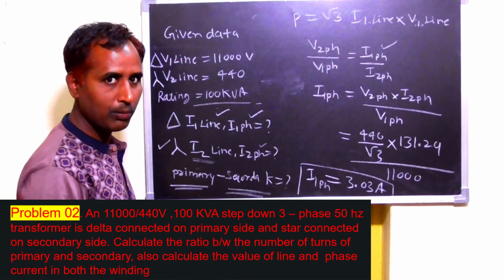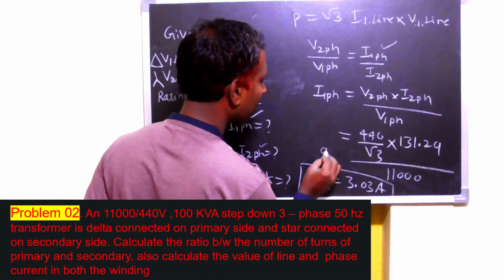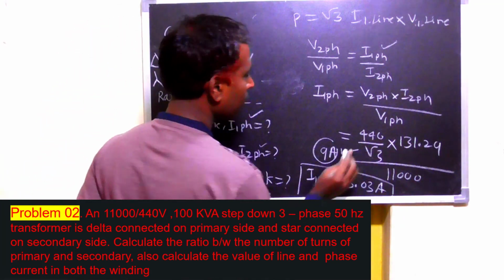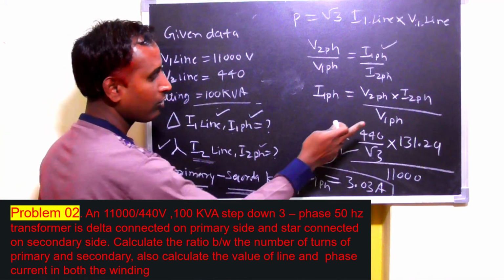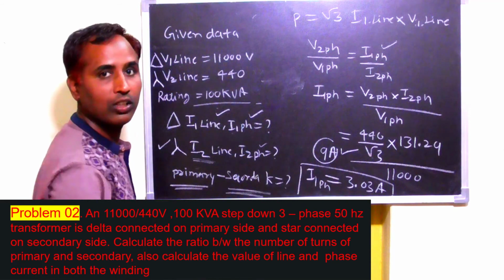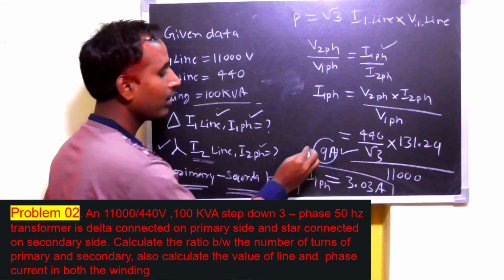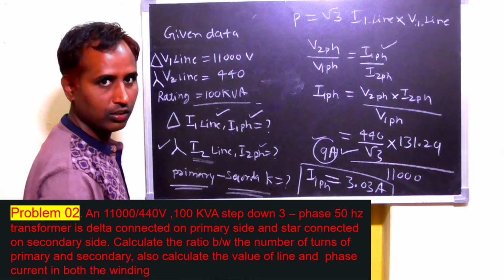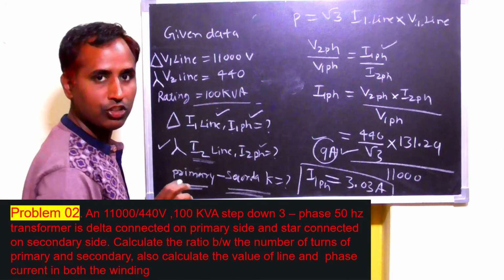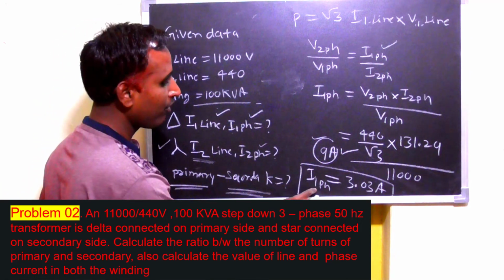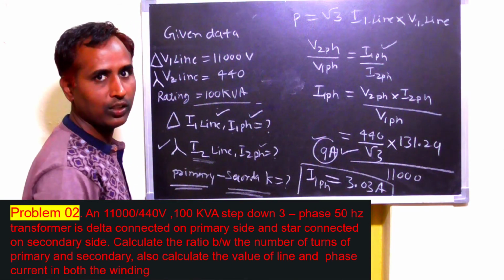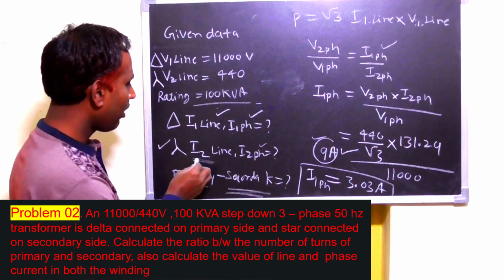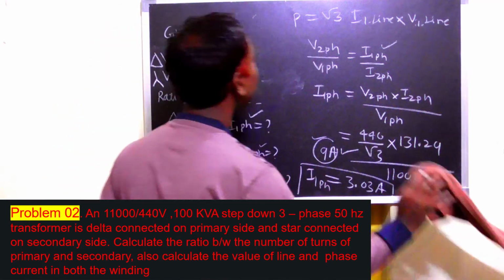But in our book, the answer is 9 ampere. In the book he has given 9 ampere. If I solve this, I will get 3 ampere only. I think in the Dhogal book it is a wrong solution. So actually it will come the I1 phase. If I solve this problem, I will get this current only. Now I will solve I1 line.